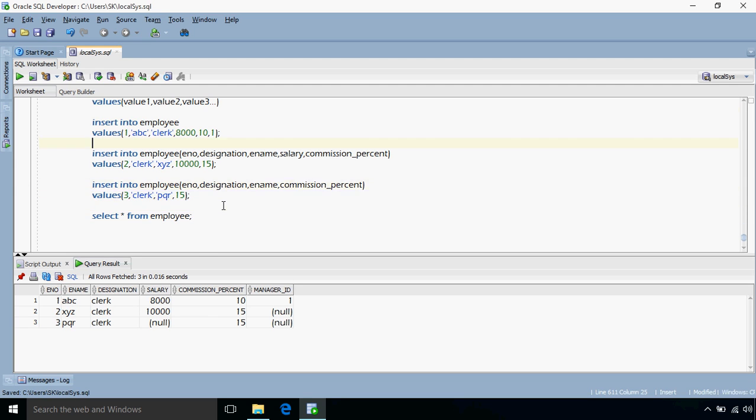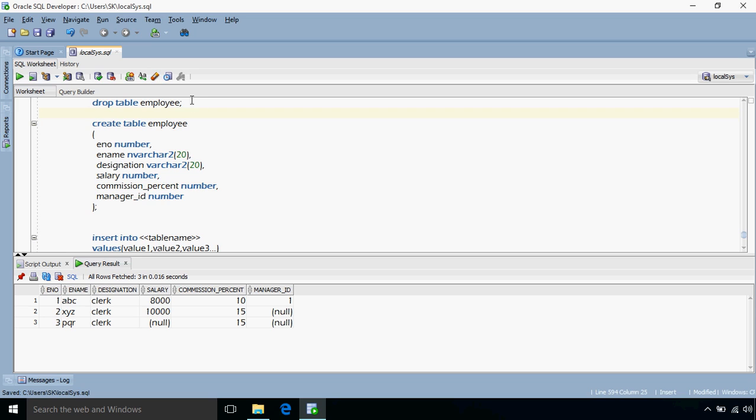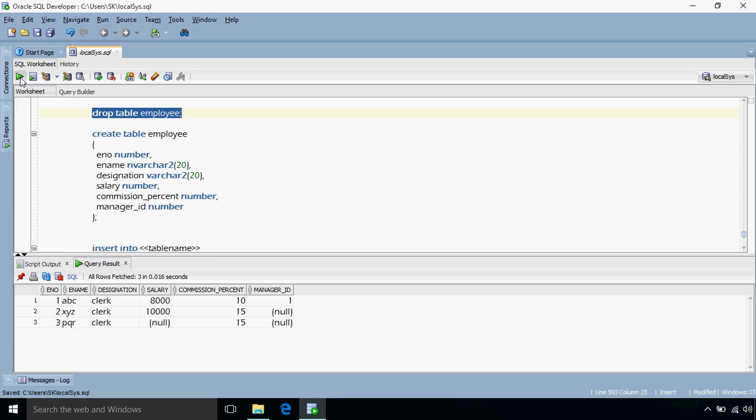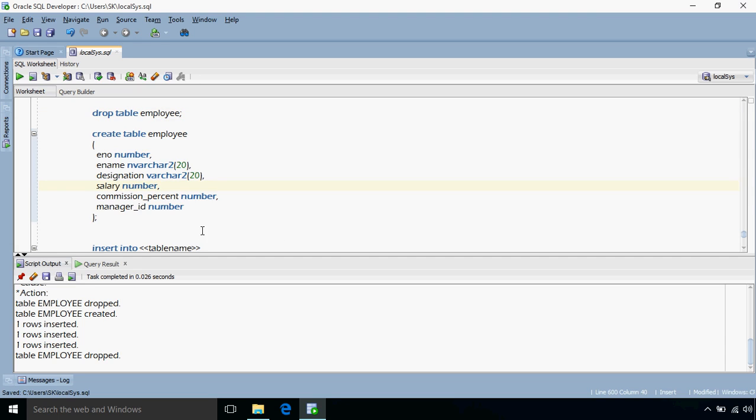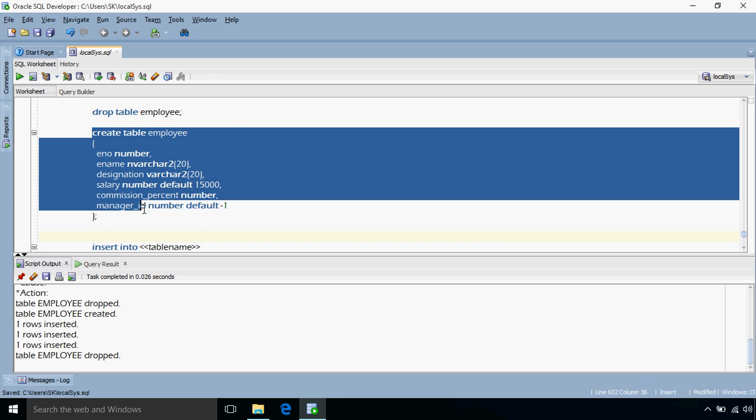So let's drop this table and at the time of creation of the new table, I will specify for manager ID the default value as -1, and let's say for salary the default value as 15,000. What this means is that whenever at the time of insertion we do not specify a value for this column, instead of taking null as the default value, it will take the default value as 15,000, and in case of manager ID, the default value will be -1. So let's create this table,